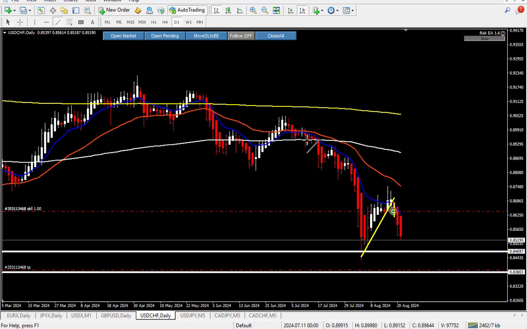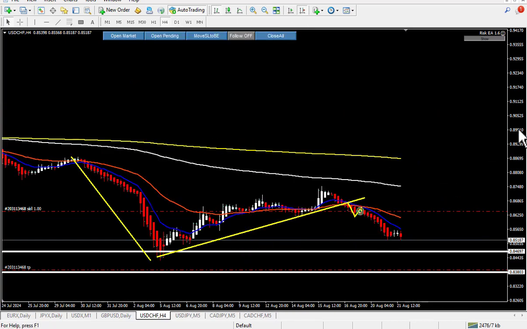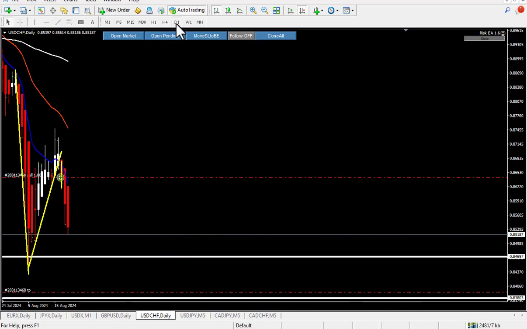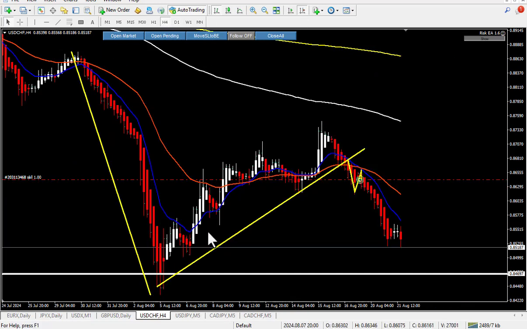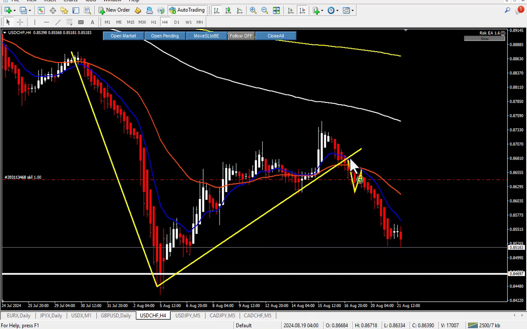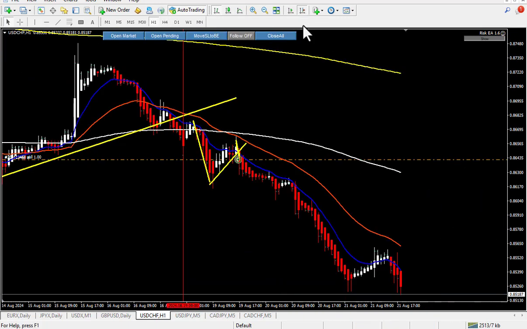USDCHF trade. And here you can see I got a daily 1 2 3 on GBPUSD. After daily 1 2 3 I went to the 4 hourly. You see after the daily 1 2 3 and 2 to 3 line break, then I just went to the 4 hourly, and on 4 hourly I waited for the 4 hourly trend line in combination with the 36 EMA to be broken. As soon as that is broken by the price, I just went directly to the 1 hourly,